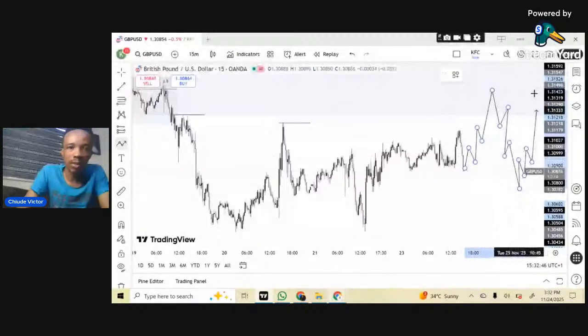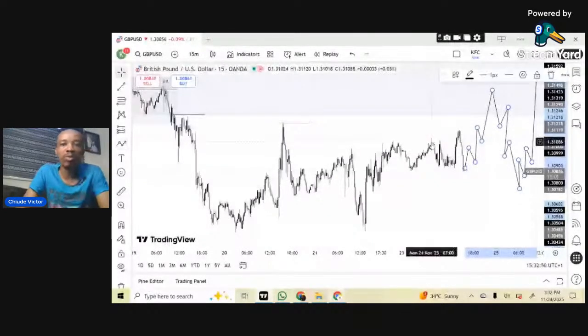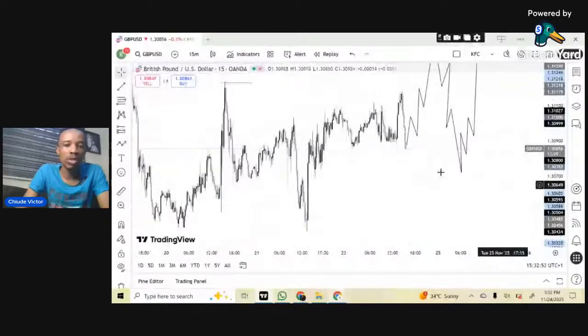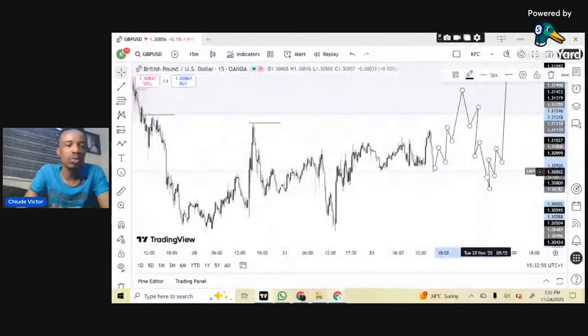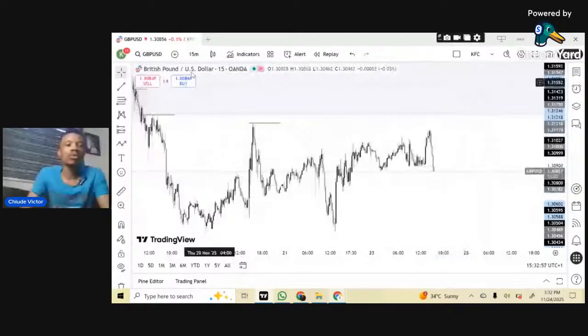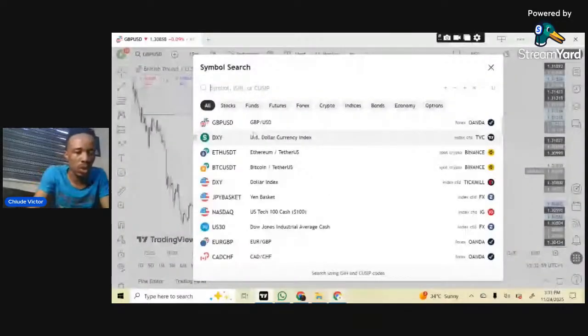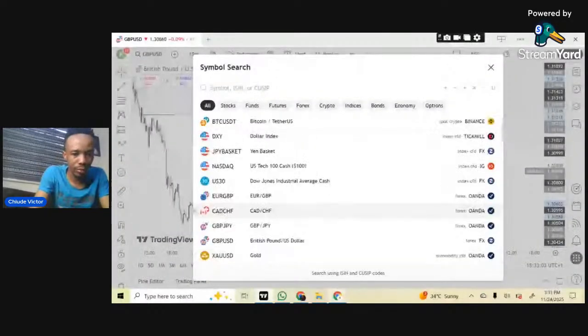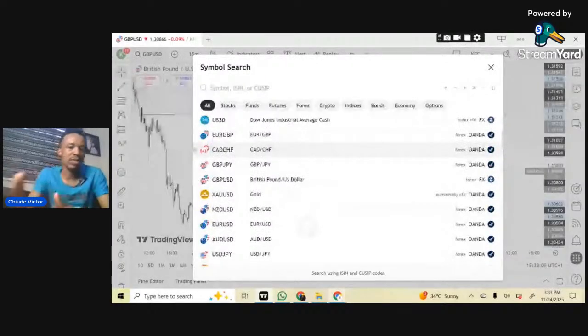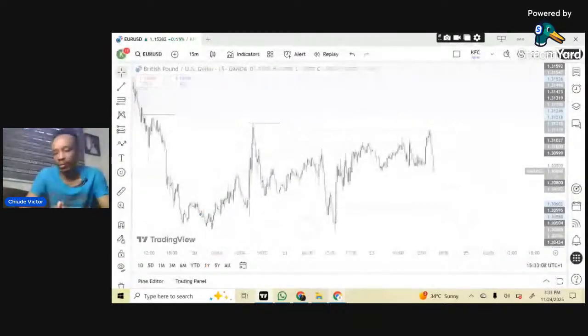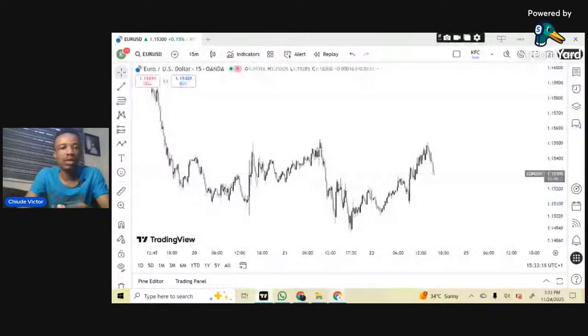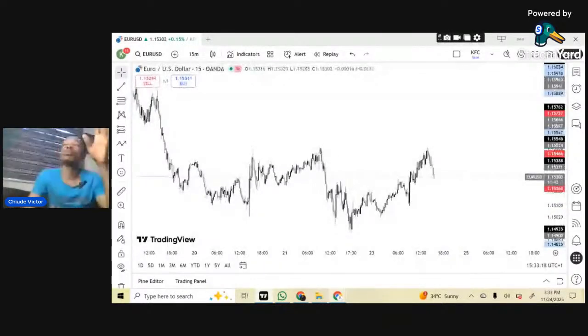So I'm going to be looking for bullish moves on GU, and looking at bullish moves on EU, NU, and the rest of the other ones. But what you should understand is that they do not all work at the same time. Sometimes one is faster and the other one is lagging. But I'm more familiar with GU, because I traded GU for a very long time, several years. So I find it more comfortable starting the analysis with GU.